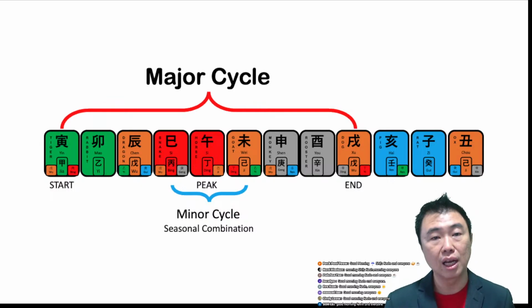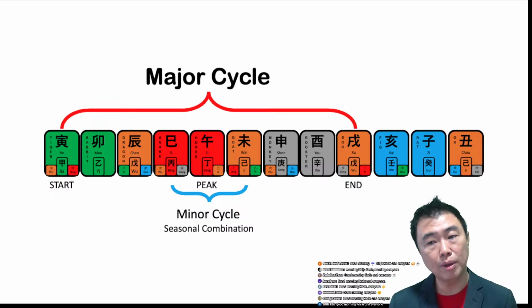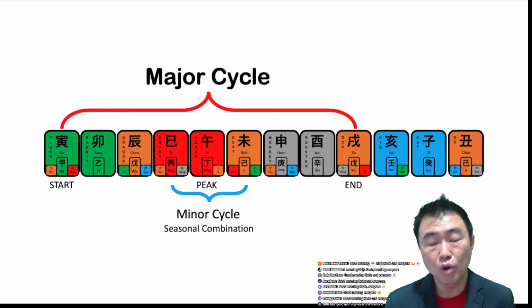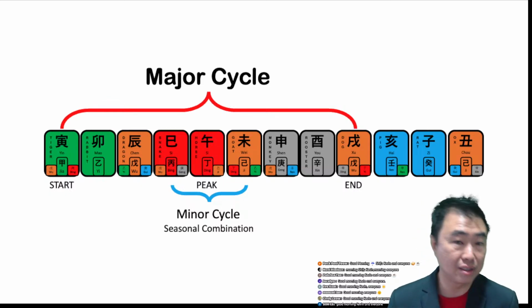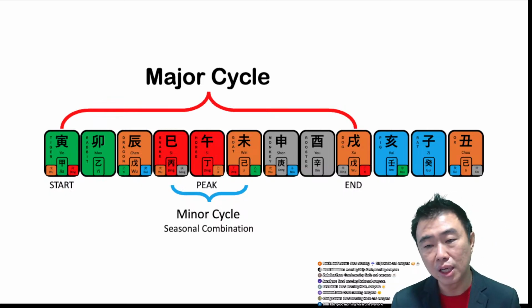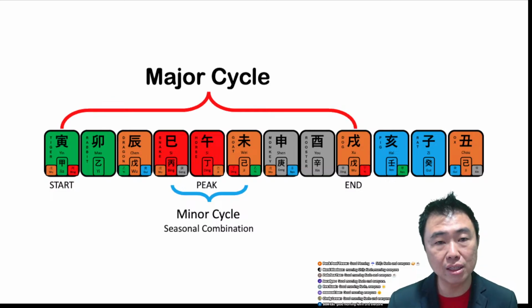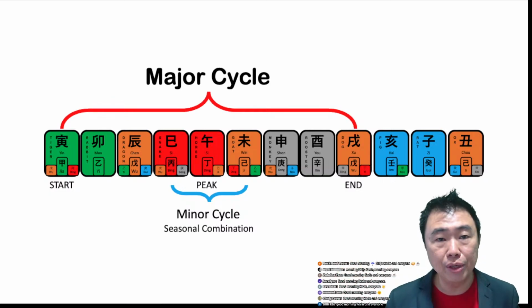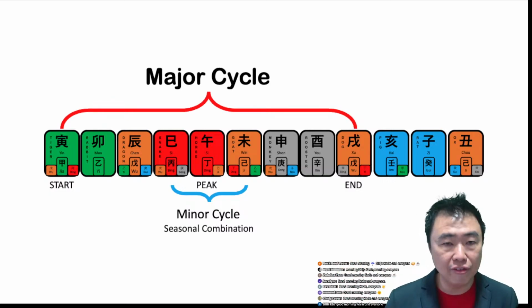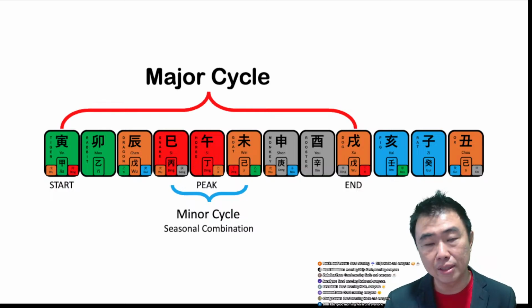Right? Then BaZi allows you to do timing. So when we talk about timing, there is this thing called the major cycle and also the minor cycle. So if you take a look at it, it's basically telling you the major cycle is this entire period in which your energy is available and active. Right, then there's one period.